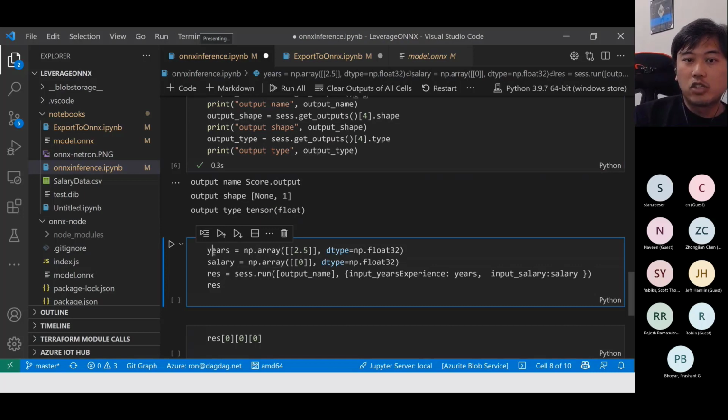So I need to pass two things in order to run and get output. I need to pass in years, so in this case, I'm passing 2.5 years. I will have to put them in an array because that's what the requirements are. Another one is salary. In this case, it's negligible. Whatever salary I put there, it's not going to be used. So I pass this in as my input, and then I pass it to session.run,